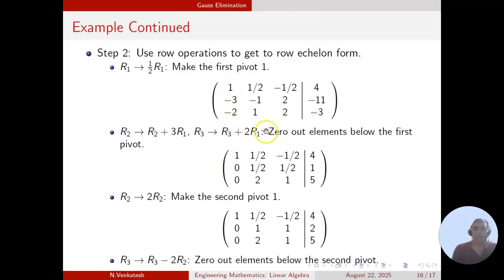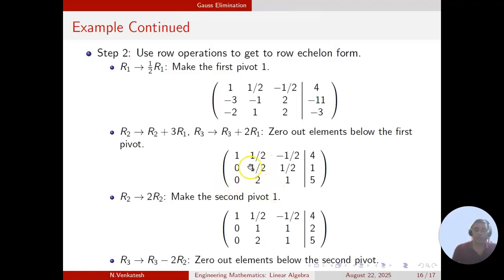Then minus 2 plus 2 into 1 will also become 0. If we do the same for the other elements also, we get this matrix. The main aim is to get 2 zeros here, because our goal is to convert into an upper triangular matrix